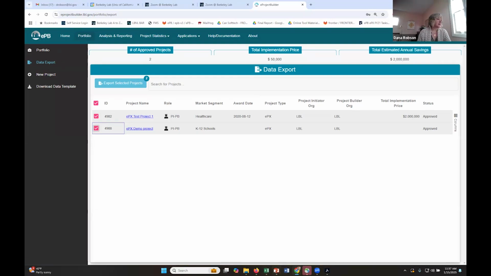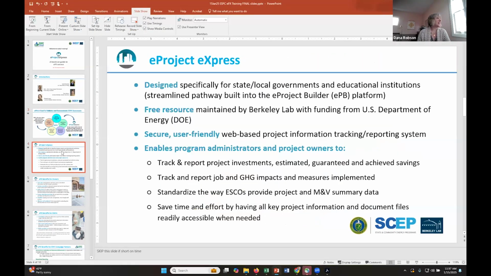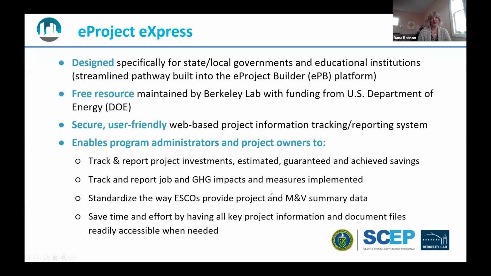Now what I want to do is go back to our PowerPoint, which I skipped at the beginning, and we're going to go through a couple of background slides for you about the use of eProject Express. We want to remind you that eProject Express is designed specifically for state and local governments and educational institutions. It's a free resource maintained by Berkeley Lab with funding from the US Department of Energy. It's a secure, user-friendly, web-based project information tracking and reporting system that enables you to track and report your project investments, your guaranteed and estimated savings, your job impacts, GHG impacts,